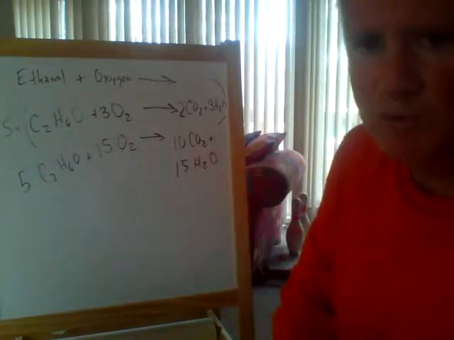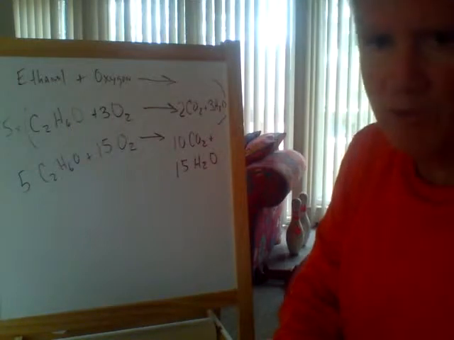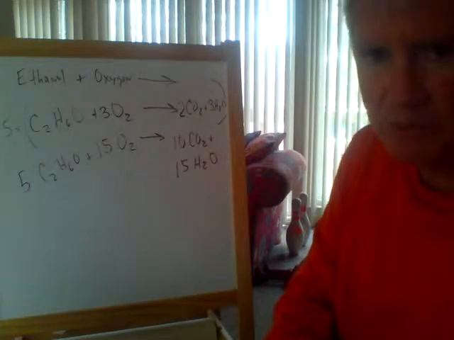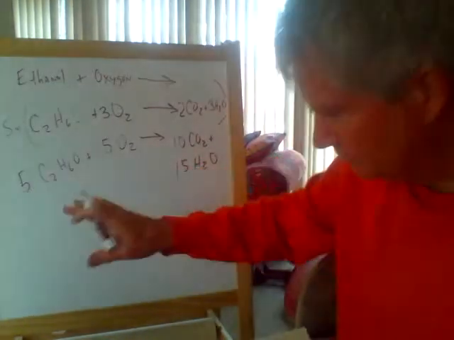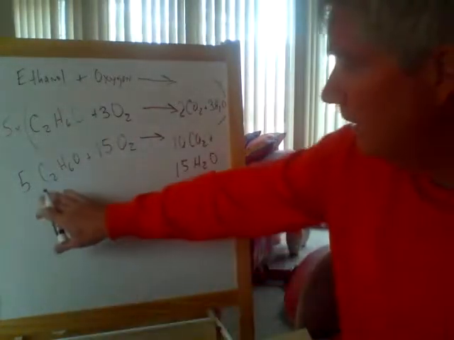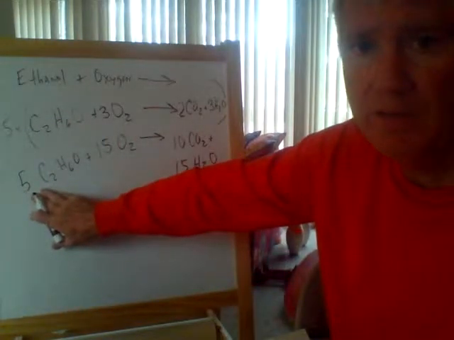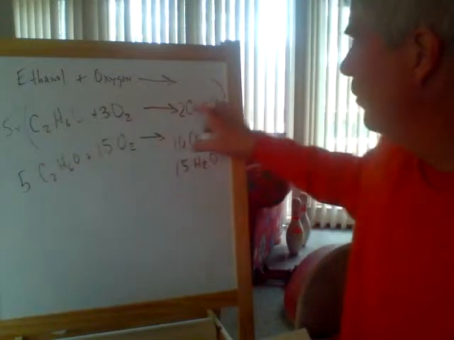Okay, so again, they pose the problem. Suppose you had 230 grams of ethanol, how much carbon dioxide is produced? Well, now we know, because we know 230 grams is 5 moles of ethanol. And from our original equation,